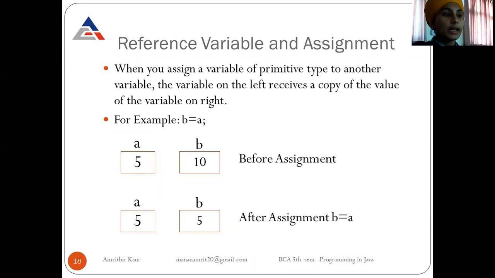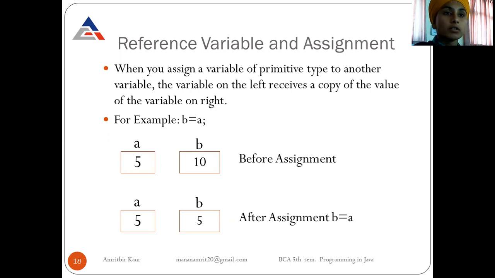We have two variables, a and b, a having value 5 and b having value 10. The diagram shows that before assignment, a holds value 5 and b holds value 10.